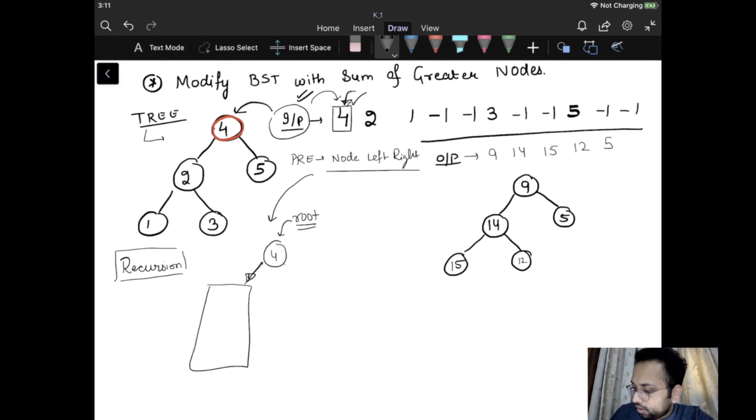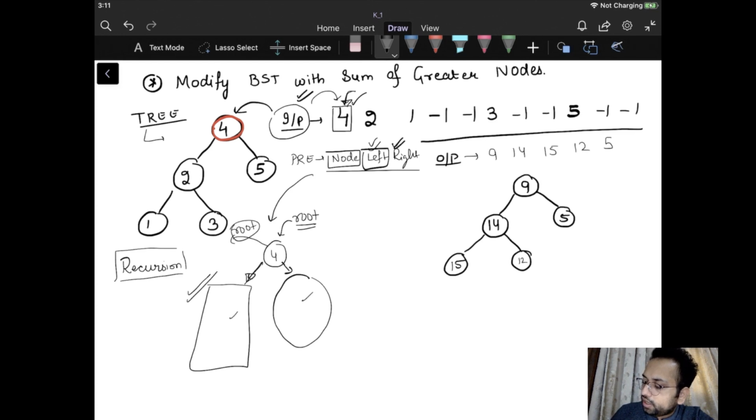And then when the left side is created, why are we doing it so? Because we have the node first and then we have the left child first. So in this case, the left child is going to constitute the entire left subtree. So I'll ask to create the left subtree. Once the left subtree is created, then I'll ask it to create the right subtree. So once we have both the left and right trees attached to the left and right of this particular root node, I'll simply return the root node. So I'll get this entire tree.